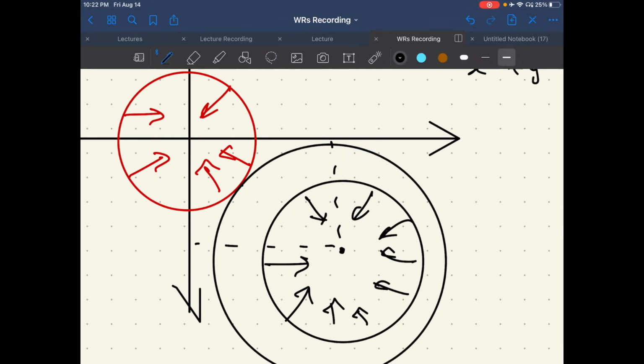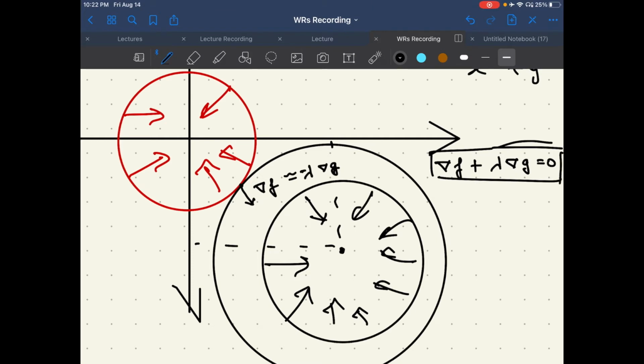And again you would see that the gradient of the function is proportional to the gradient of the constraint with a negative sign, because these functions are increasing in different directions. So we can say minus lambda times del g, and hence we can write del f plus lambda times del g equal to 0. And one condition is for sure, that in this case our lambda has to be greater than 0.